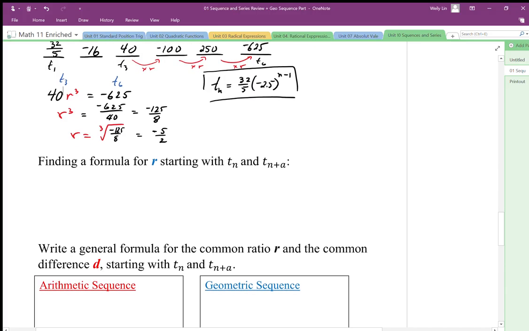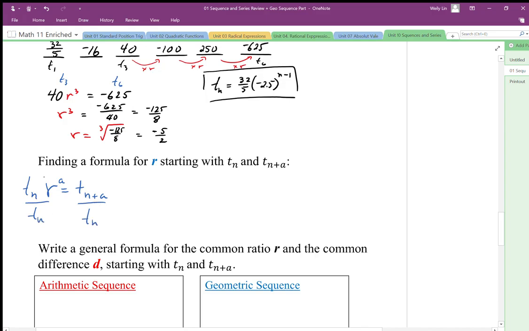So if I were to find R, I could do this. R is equal to, and I can just start it out this way, Tn times R, and if I use R a number of times, I end up with Tn plus A. The number of steps from n to n plus A is just going to be A, and that's how many times I use R. Now if I rearrange this formula, I can divide both sides by Tn,